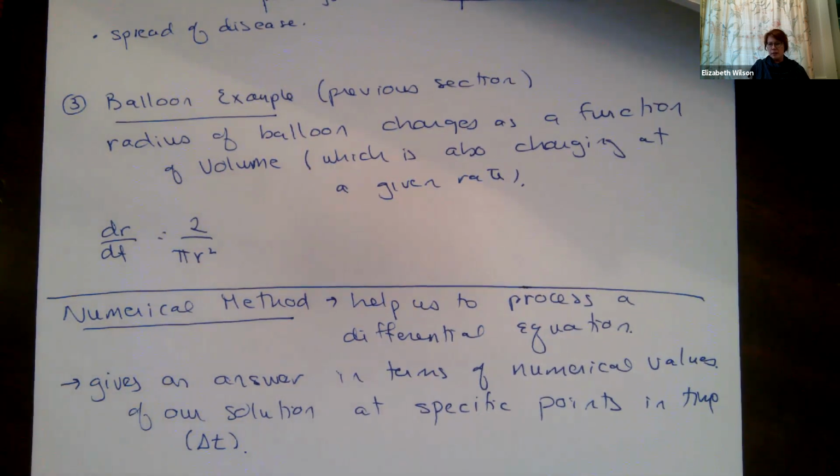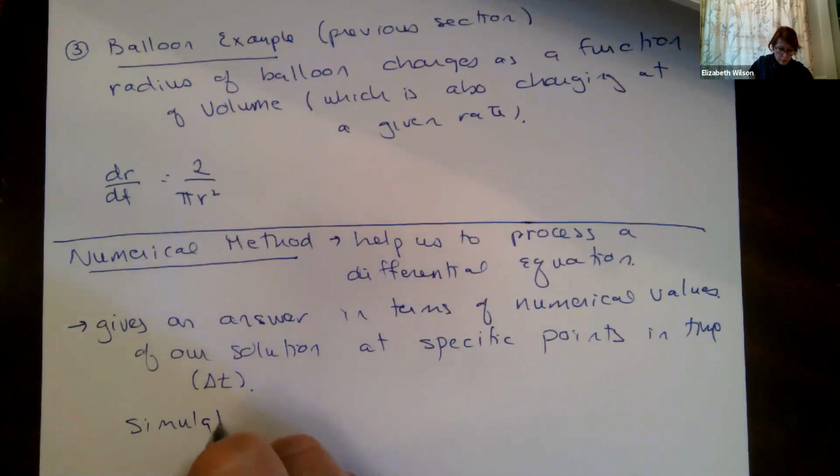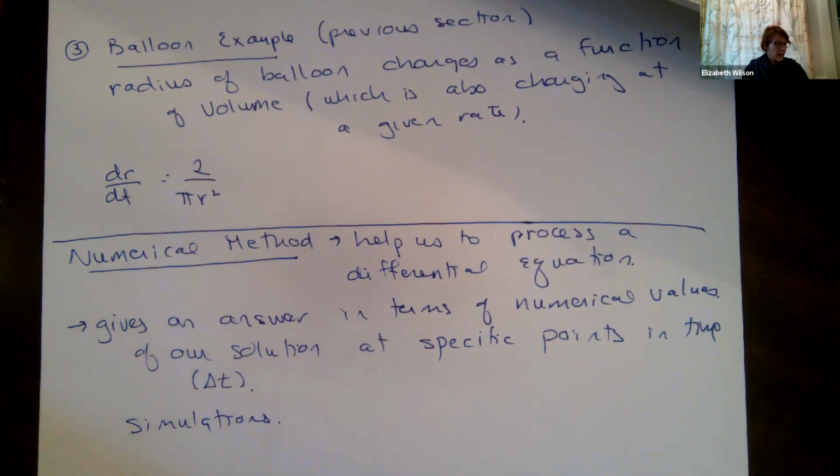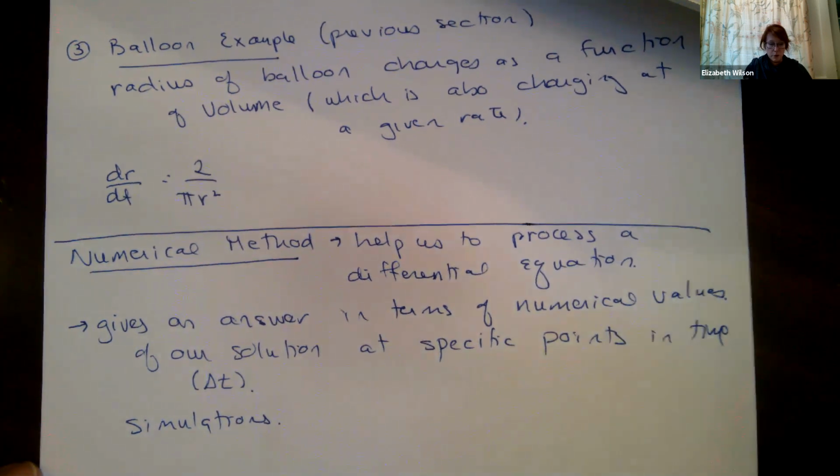So delta t, I could say every 1 hour, take a pulse check, get some data, and every next hour, take a pulse check, get some data. Or I can say every minute, which is going to be much finer grained, or every second, or every nanosecond. So depending on my delta t, I can get a lot of information, or I can get a few points here and there just to get a general picture. Okay, so these are going to help us with simulations, and that leads us into Euler's method for calculating numerical methods to solve differential equations.